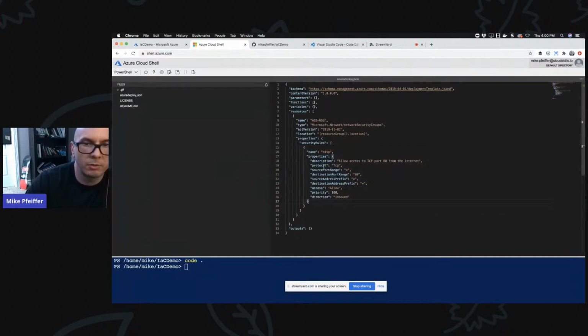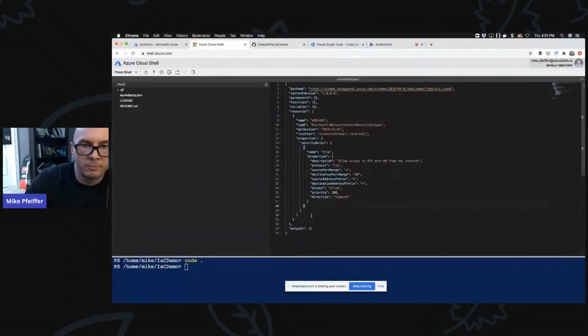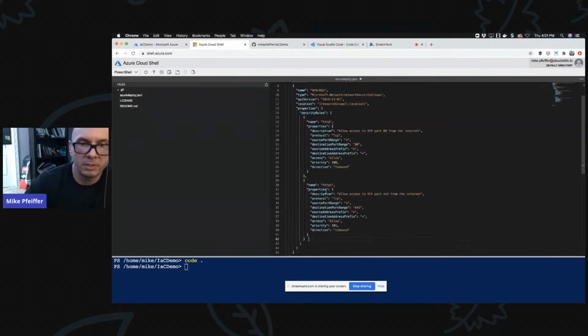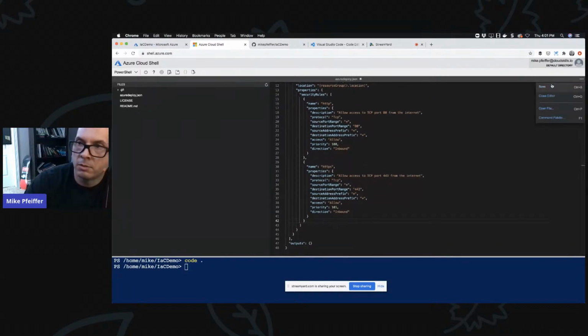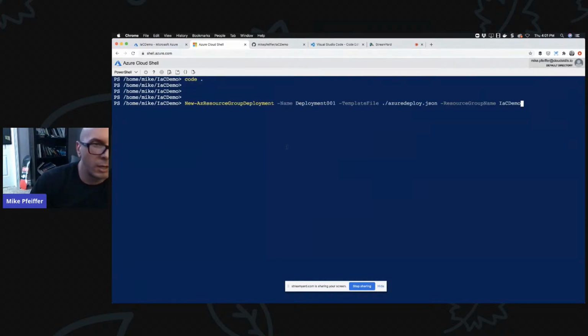Anyways, let me take that code and just paste it over here. So security rules, security rule number 1. Let me just make sure I'm copying the right thing here. Grab this. All right, cool. So just plug that in right here. Cheating a little bit, but you guys get the idea. I'll save that and then close out of that editor. Let's do another deployment. Or arrow back up to this guy right here.